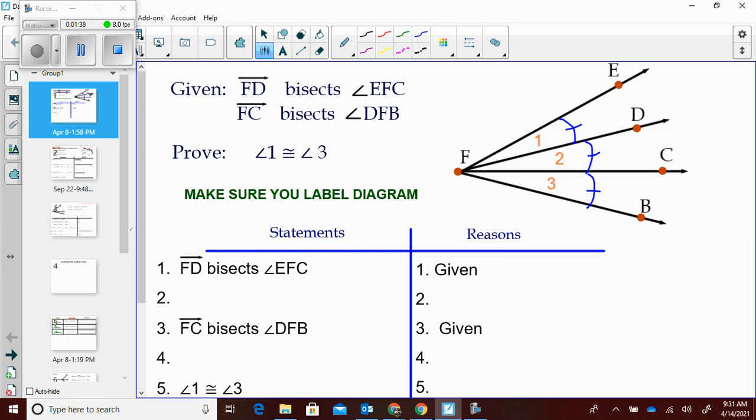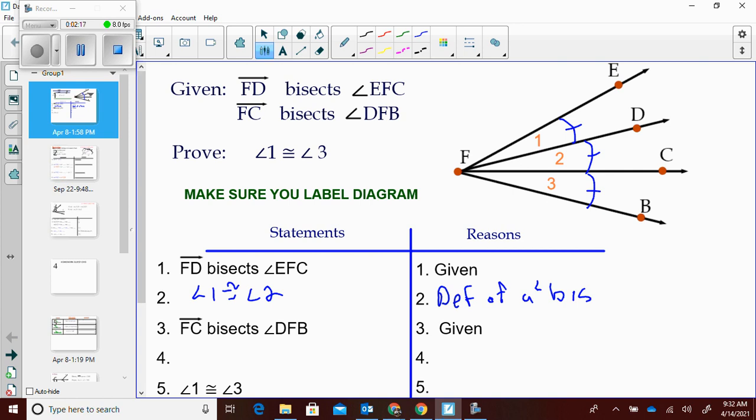Again, we're separating the givens because one given gives us something. I want to make sure that you know this given is pertaining to what information? Angle 1 is congruent to angle 2. Definition of a bisector. Now remember, or it could be of an angle bisector. Proofs are not about proving angles congruent. That's not a thing you're going to do in real life. What a proof is about is looking at an argument, setting it up logically,